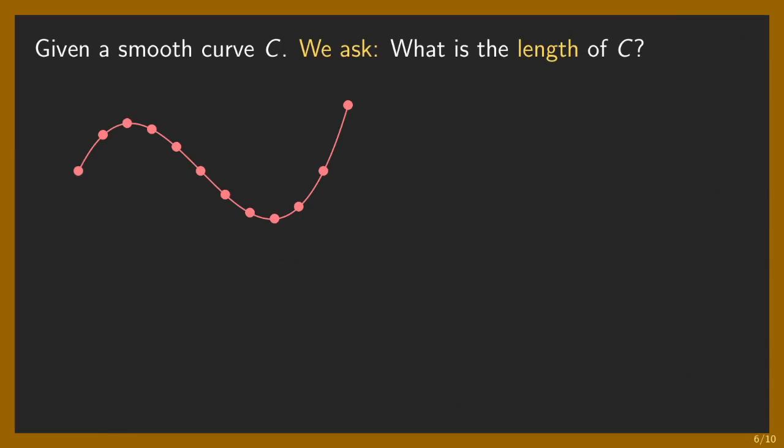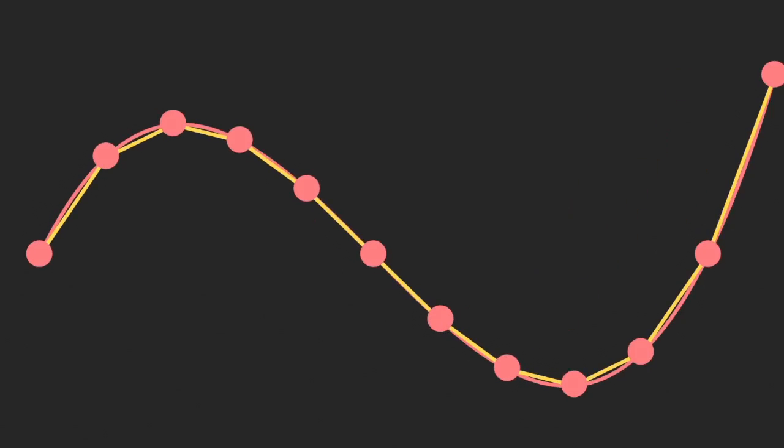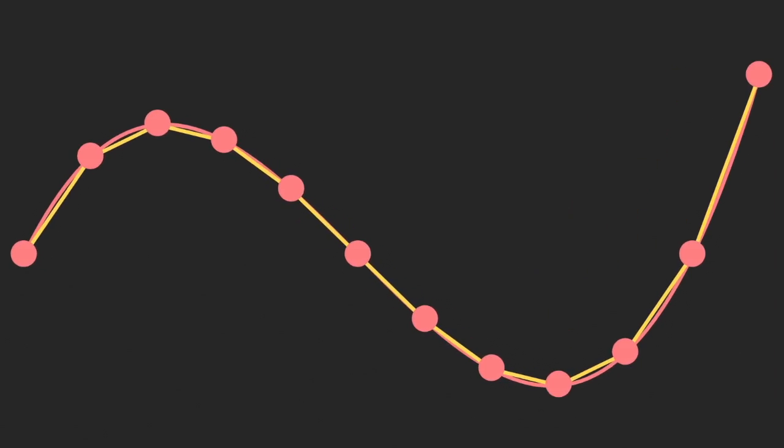Let's zoom back out. So what we do now is we draw line segments like this, or like so. So let's zoom in again. As you can see, the total length of the line segments is not really equal to the total length of the red curve, because there's an error, as you can tell.